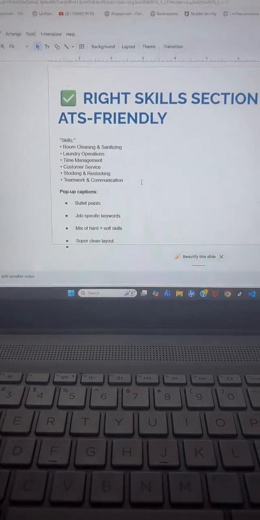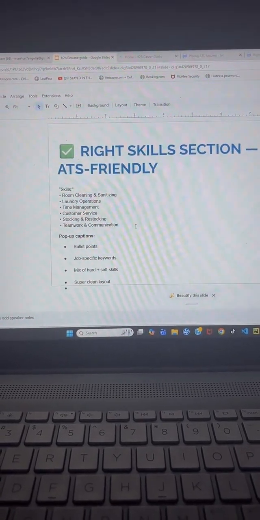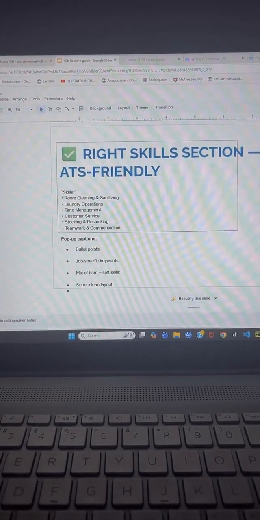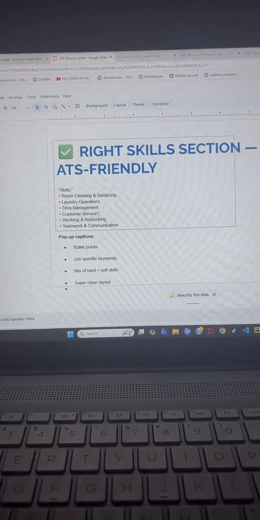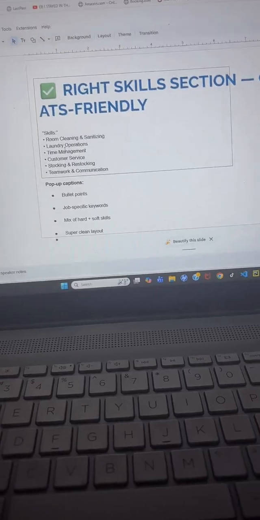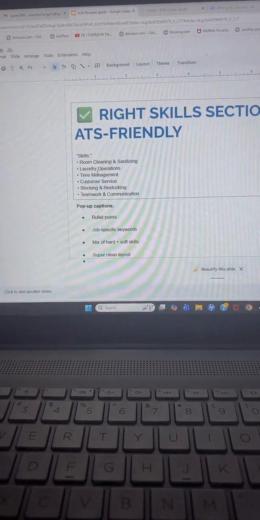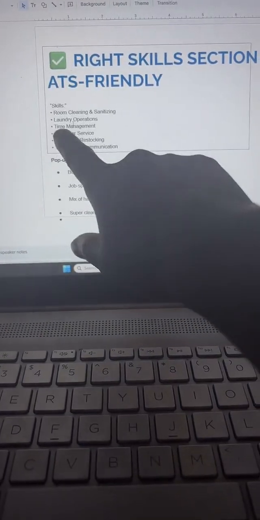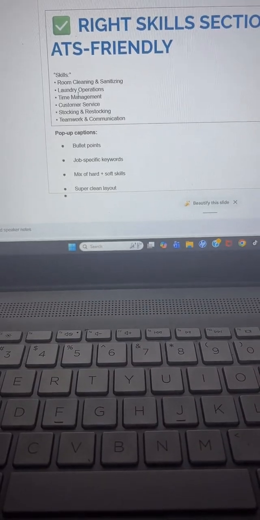Alright, so this is the right way of doing your skills section for your resume. So ensure that it's bullet points. Ensure that it's not sentences or paragraphs. It's just one or two words long, like this that says laundry operation.